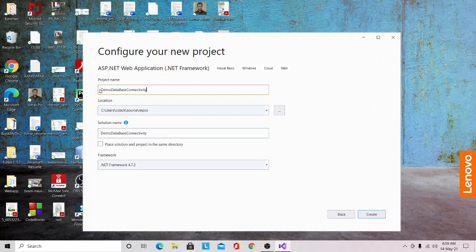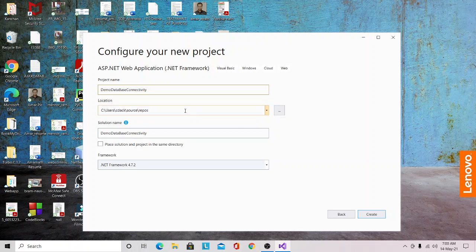I have given demo database connectivity as the project name. Then you can specify the location. This location is your desired location where you want to store your project on your system.